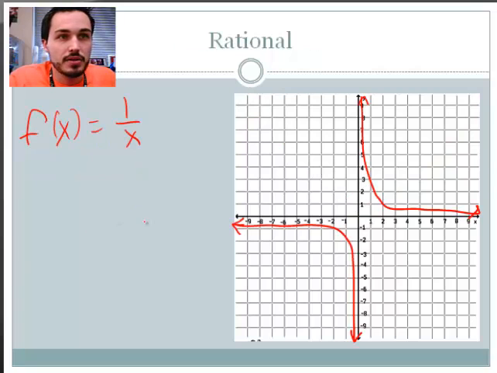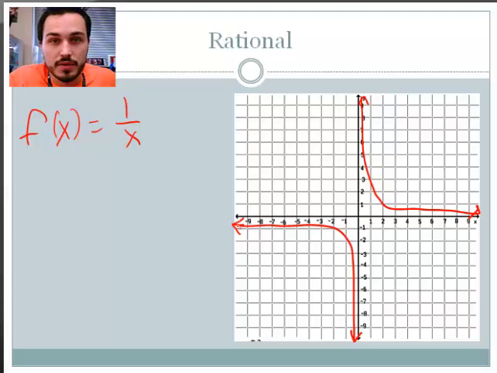Now here's a little bit of a different one. Rational parent function. For rational, think ratio, fraction. So there's your little fraction, f of x equals 1 over x. And the way that this one looks, it doesn't go through the origin. It's one of the few that does not go through the origin. And